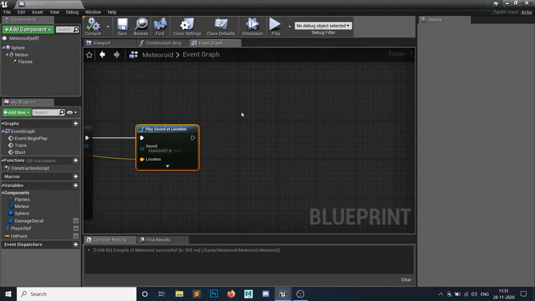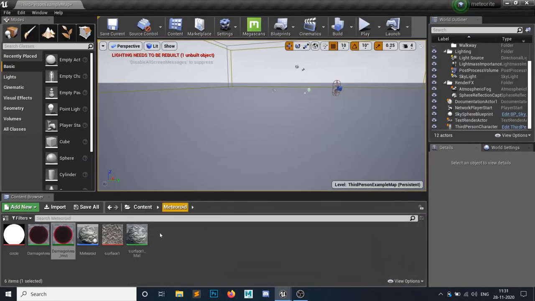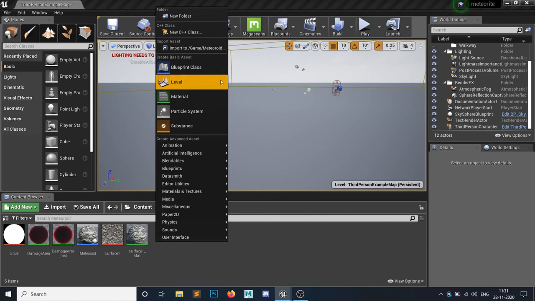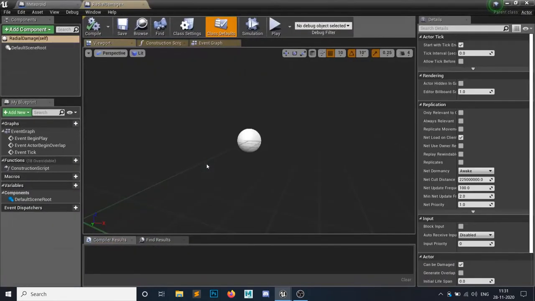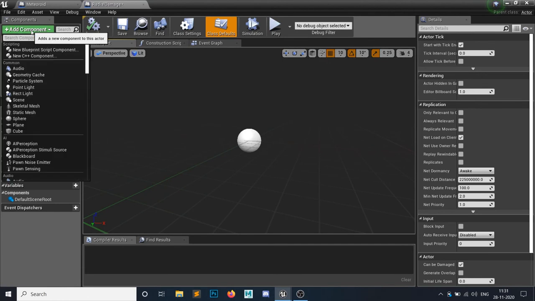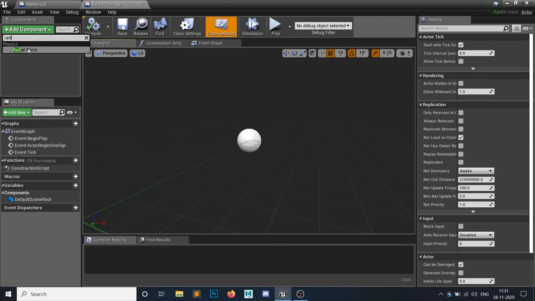Now what I need is to apply a spherical damage, a radial damage. So let's minimize it and create a new blueprint class of an actor. I'm going to call it radial damage. Open that up, and I need to add a component called radial force, this one.